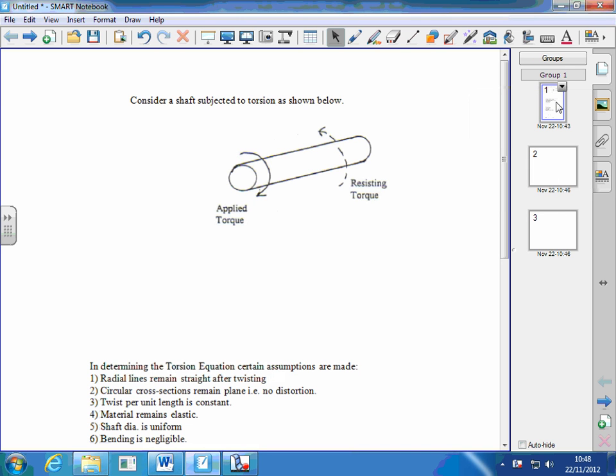So this third handout on torsion and shafts relates only to circular shafts, maybe hollowed or solid, often solid but certainly circular. So something that looks like this, where we've got some sort of resisting torque, so it's being held maybe at this end here, and then it's being twisted in this sense, and so we've got some sort of twist going